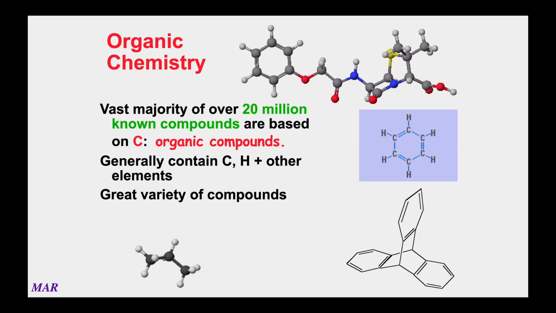Most organic chemicals then have carbon and hydrogen. A lot of them have oxygen as well, nitrogen, sometimes sulfur. And there's a whole bunch of variety of compounds. On this slide, you're seeing some of the possibilities. The animation there in the middle right is benzene. Benzene is a truly unique compound compared to the stuff we've seen so far, and we'll talk more about what it is. The lower right corner there, that's called propellerine.